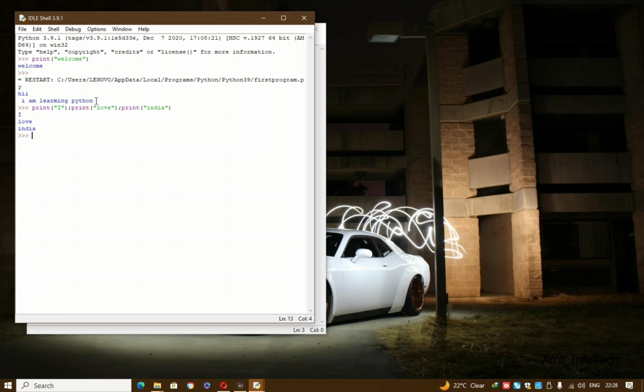So by using this semicolon, we can put multiple statements on one line. I hope you can understand.